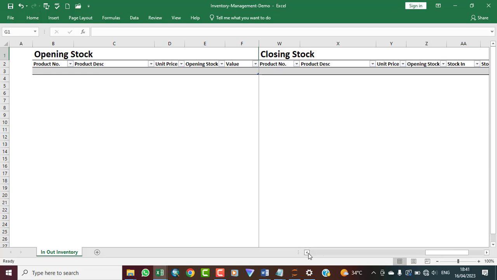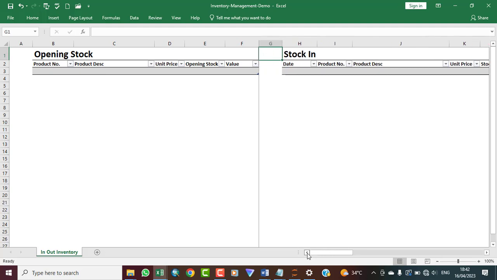So same thing is applicable to stock out because I froze panes. So these are some of the little Excel skills you need to learn before you go deep into inventory management. If you can just do this, you're organizing your data gradually, you're preparing for inventory management